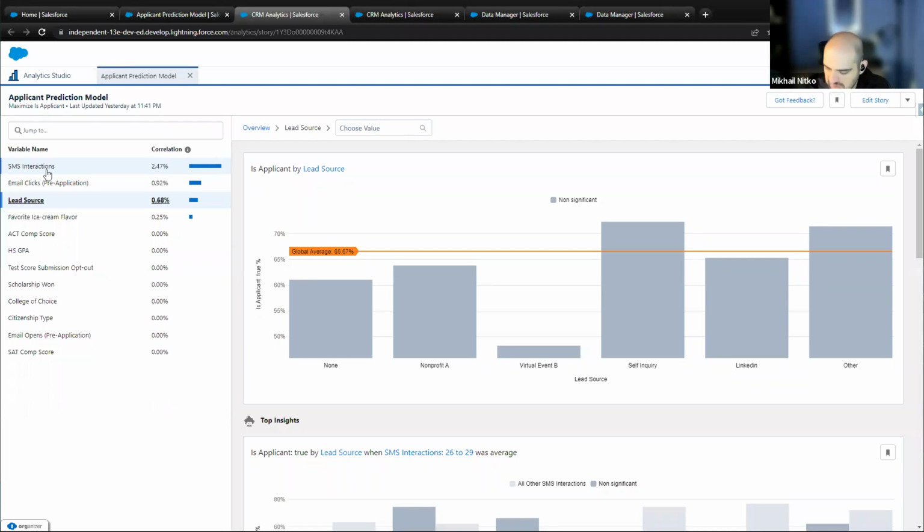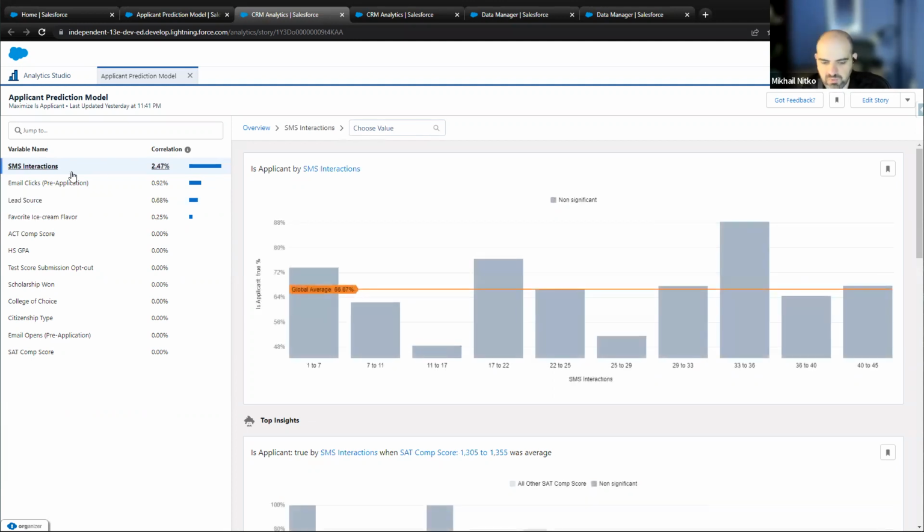Now, this is also where I say the huge caveat here. Correlation is not causation, meaning that if SMS interactions are high, and that's a correlation with whether somebody's likely to apply, it could be caused by the fact that you have reached out to them and messaged them many times, and maybe the person they're speaking to on SMS is a really good recruit.